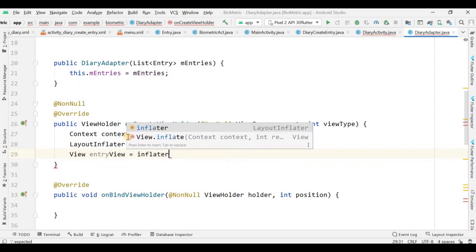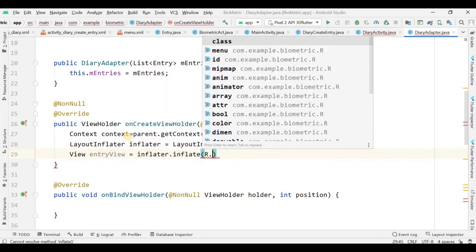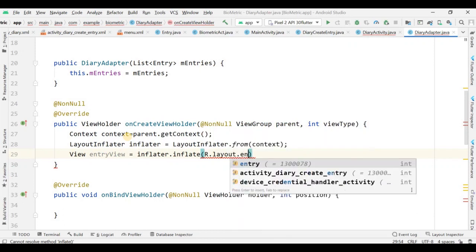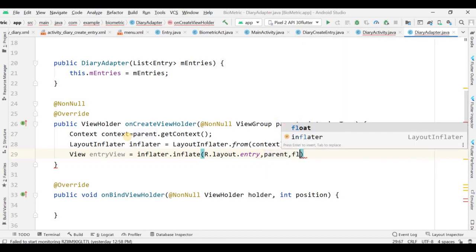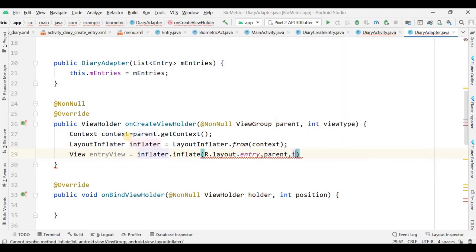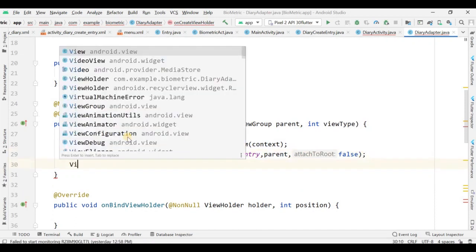False you have to pass. Okay, then view holder, you just have to pass this entry view within this view holder, then you have to return this holder. So this is what we gonna do within this view holder. So return this holder,